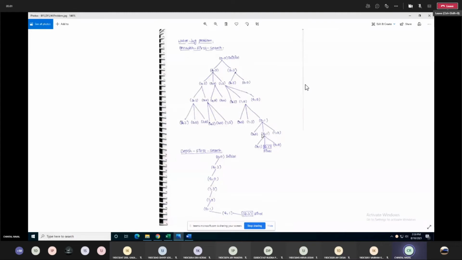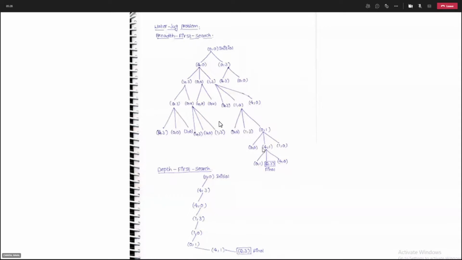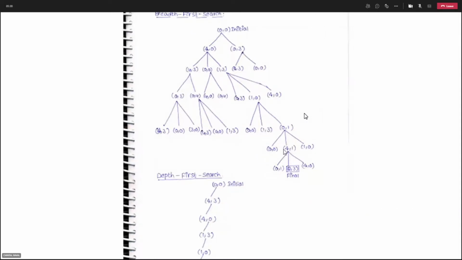Now what happens over here? Suppose our initial state is 0, 0. In the water jug problem, we know the start state is 0, 0. For the start state, two rules are applicable, the first one and the second one. If you apply the first rule, you will get 4, 0. If you apply the second rule, you will get 0, 3.